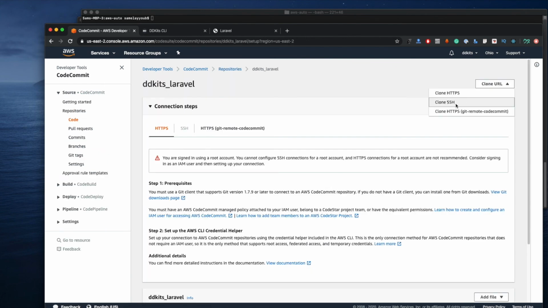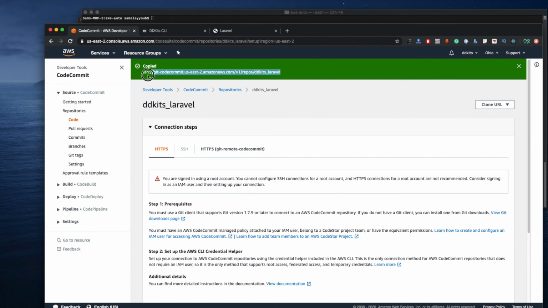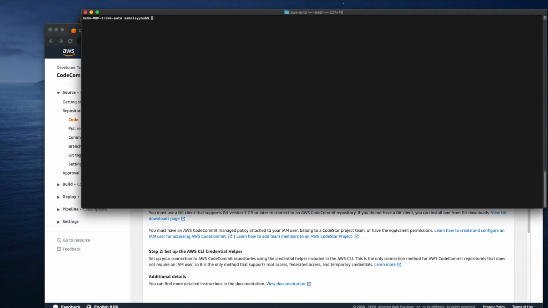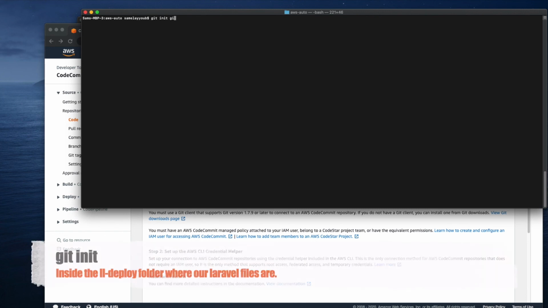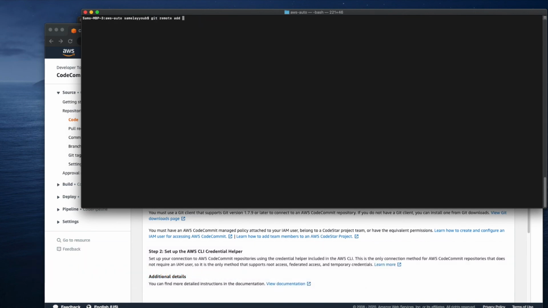What we're going to do is clone this Laravel. And then we're going to have to initiate git here. It's initiated. Git remote add, and let's call it CodeCommit, which is our repository, and we add this SSH for it. Now clear. Git pull from CodeCommit